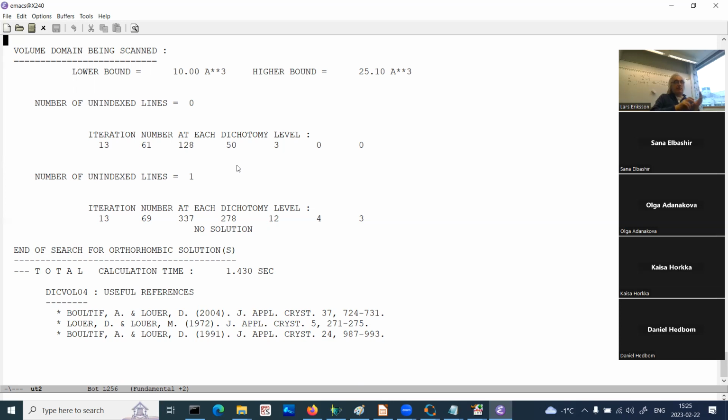So Dicvol, Treor, well, HiScore, yes. Ito, that is part of HiScore that we haven't tried yet, but it's mainly useful for low symmetry patterns. And McMaille and these